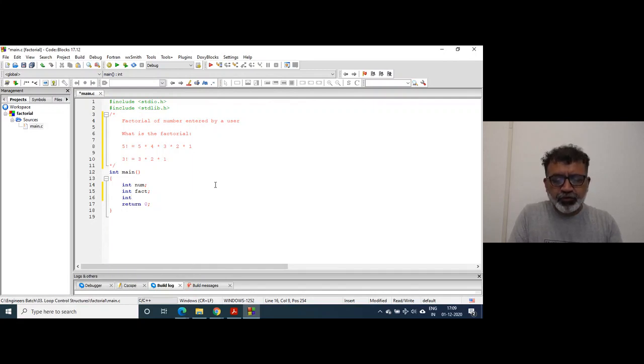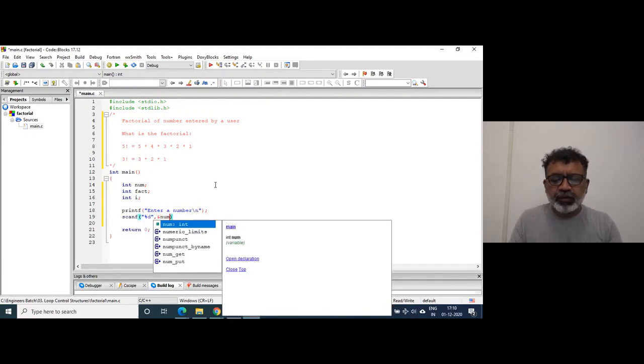There also should, I think, be a counter variable, right? If you are a beginner, you have to try everything on paper first. Enter number. %d and now.